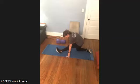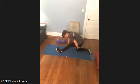Now don't worry about getting this leg perfectly straight. If you have a bend in the knee, that's fine. In fact, I don't want you to lock out the knee. So at least put a little bend into it. But maybe just not have it bent as much as it was when you were in that lunge position. If you are like me with some tight hamstrings, this can feel pretty intense. So